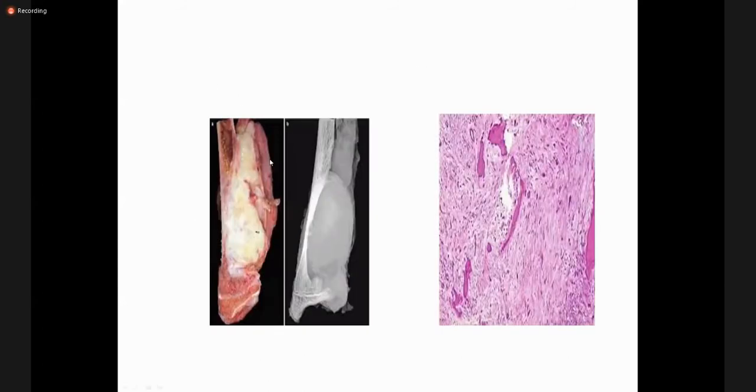Here you see the gross picture of the desmoplastic fibroma. Here is the native bone, and here is the yellowish, pale tumor within the bone. If you recognize, they mostly arise from the metaphyseal area. And here, this bone is the native bone, reminiscent of the host bone, and there is basically the tumor, which has fascicles of spindle cells. And here, these pinkish areas represent the abundant collagen and fibrous stroma.